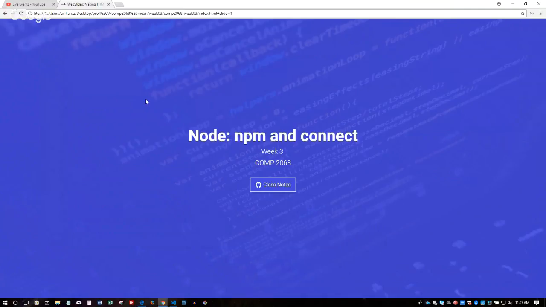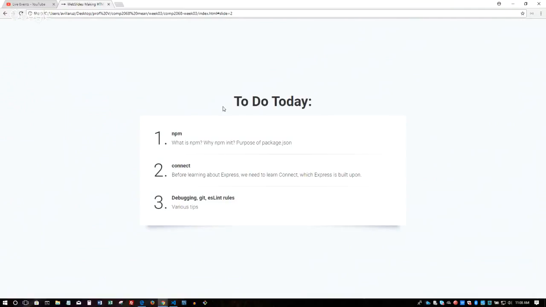But before we get to Express, we're going to focus on something called Connect, because Connect is built upon the HTTP core module that you played with first day of class. And then Express, in turn, is built upon Connect. So before you learn about Express, I want you to learn about Connect. It's an easier transition.